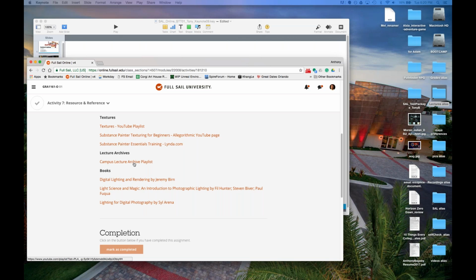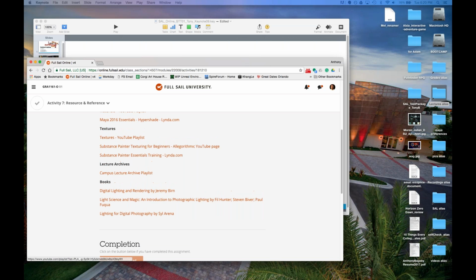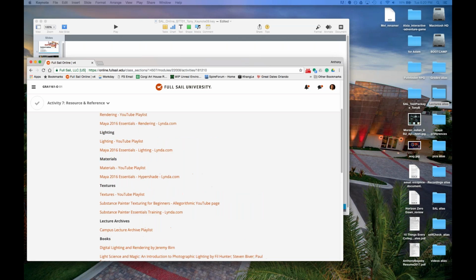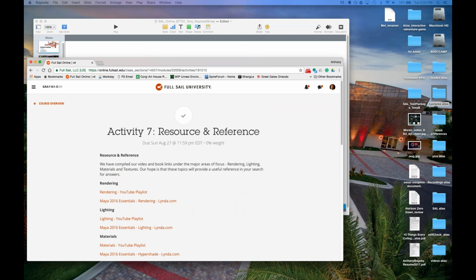The session we're in right now is named the Q&A. It's not called lecture, so just keep that clear. If you're looking for lectures, you've got to look for Q&A, and those are in the activities.